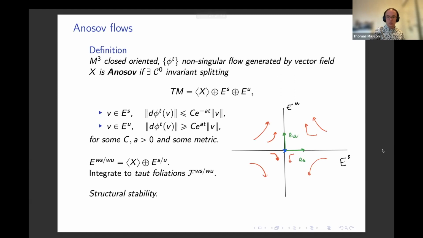And so that's the picture with these stable and unstable directions. And here I also picked some vectors spanning the stable and unstable directions. And the direction of the flow in blue is actually pointing towards